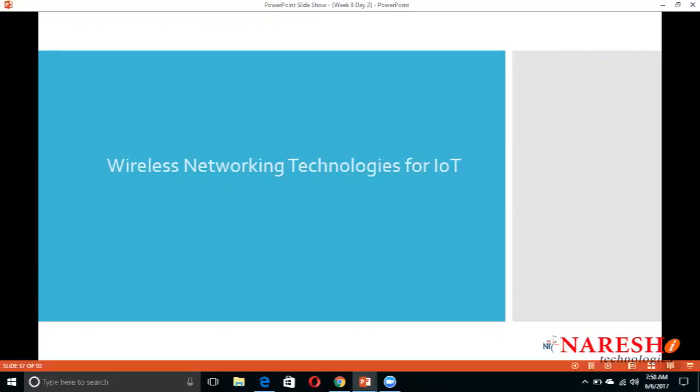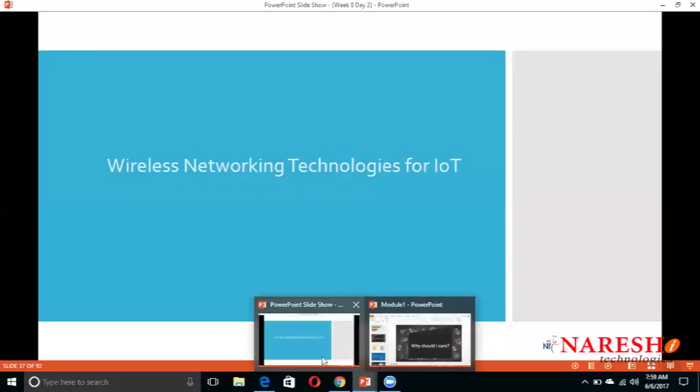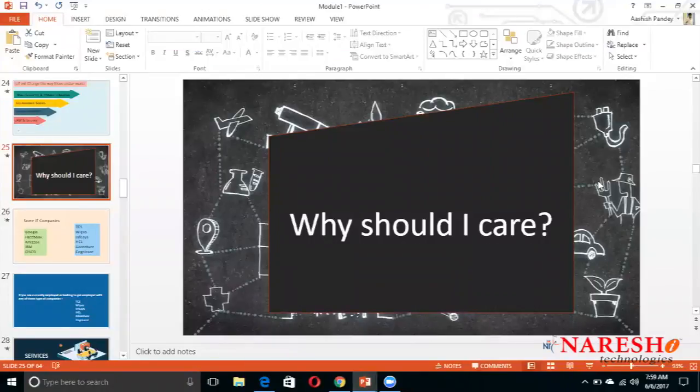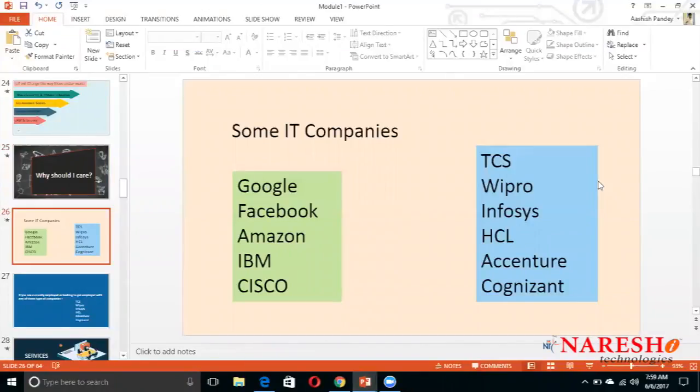of IoT. Then I will move on to wireless networking technology. If I talk about the applications of IoT, the application area is very big. There are a number of companies like Google, Facebook, Amazon, IBM, Cisco, TCS, Wipro, Infosys, Accenture, Cognizant, a number of companies using IoT, either technical or non-technical. The technical companies, in the industry and manufacturing area,